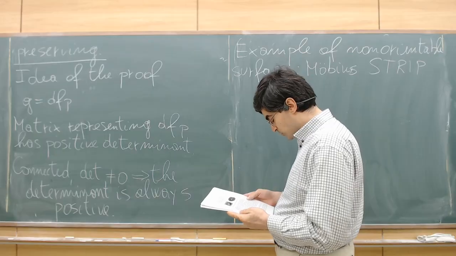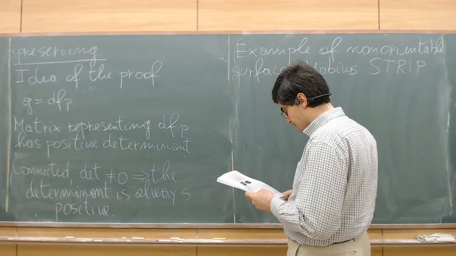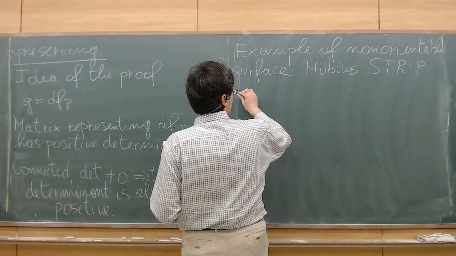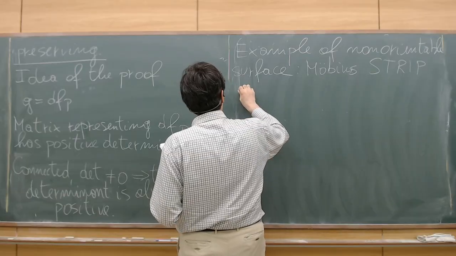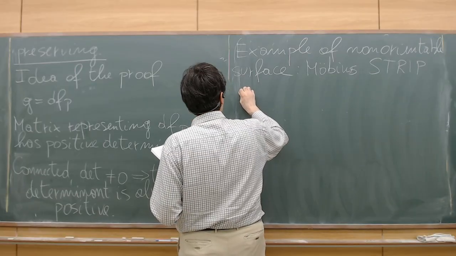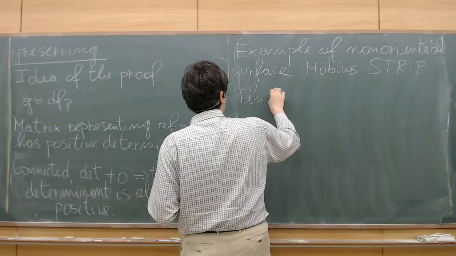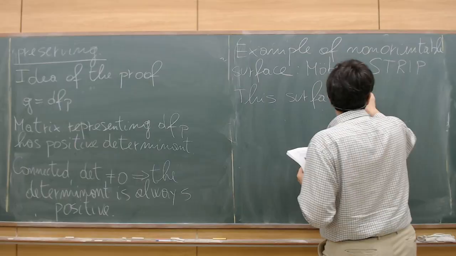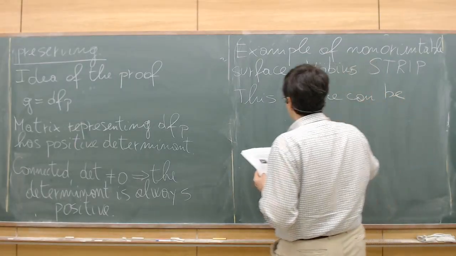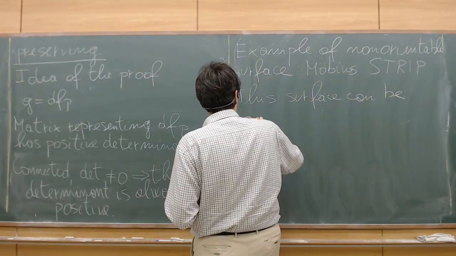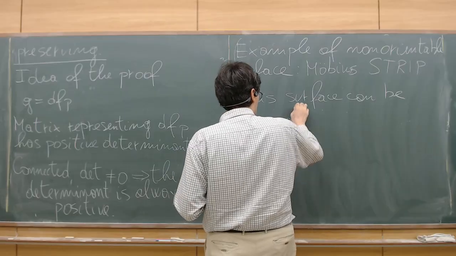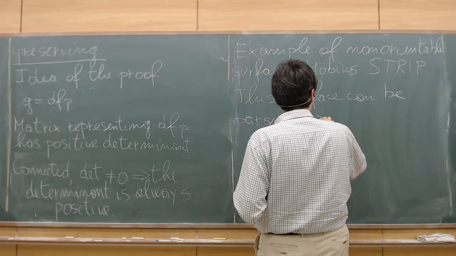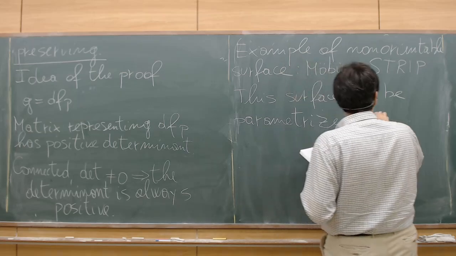It is possible to prove that this surface can be parametrized by the map